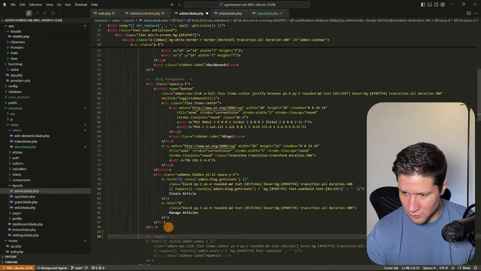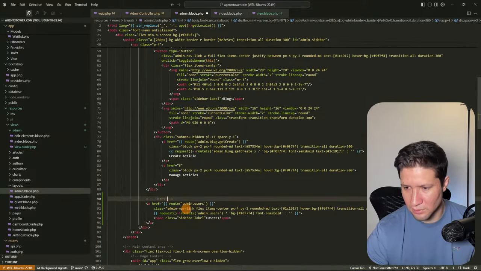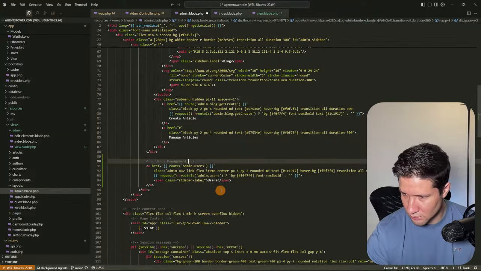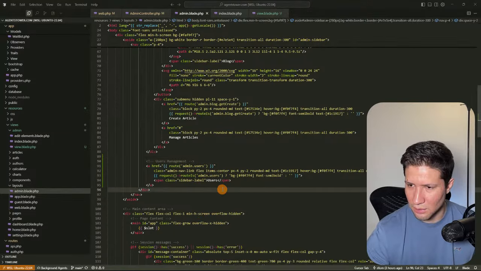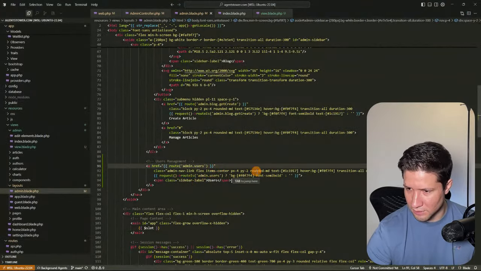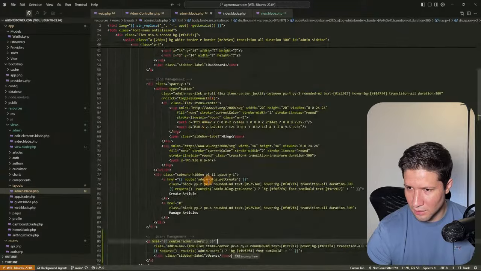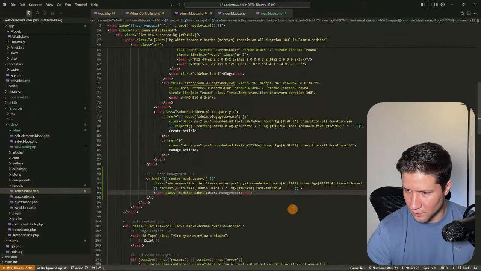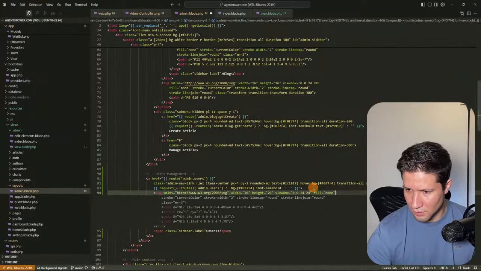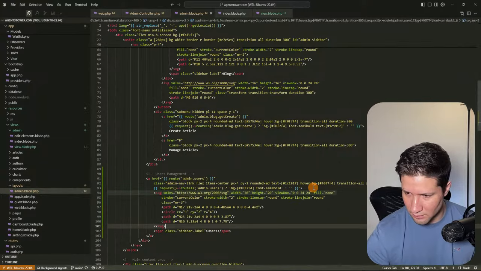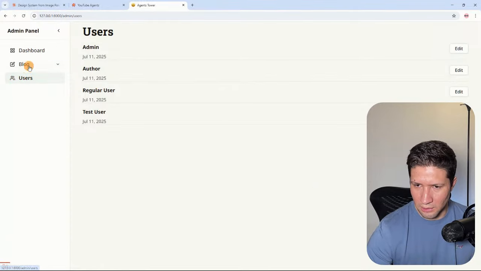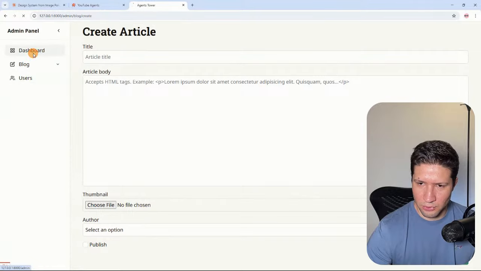So now I want to have users management, like this. Okay, so now if I go to here, I have users. I'm going to add something like this. Let's see. Okay, yes, so users, and I can click users on, or I can go to